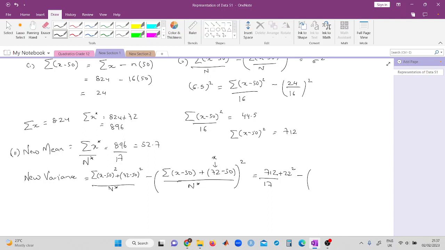That we finish calculating, it's 24. Plus again, same thing, 72 minus 50 to the power of 2. Okay, you have my formula, you will learn well, in case you miss something. Then the new standard deviation is the square root of everything. The new standard deviation